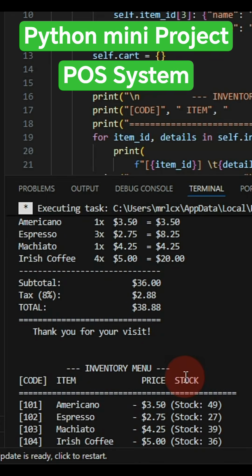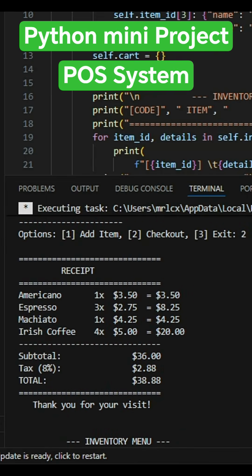And that is a high-level look at our coffee shop POS system, built on smart validation,